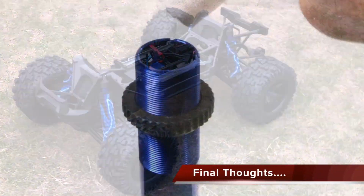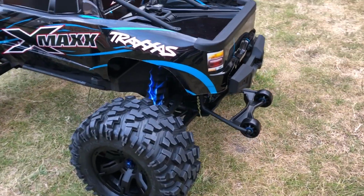Upgrade complete. Shock oil replaced front and rear, springs replaced, and shock socks added for that added design as well as protection. Not only do they look great, they should perform equally as